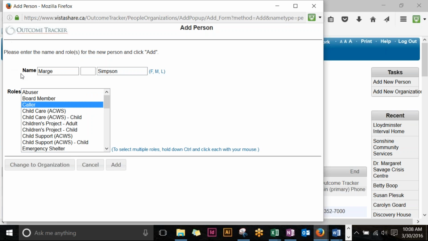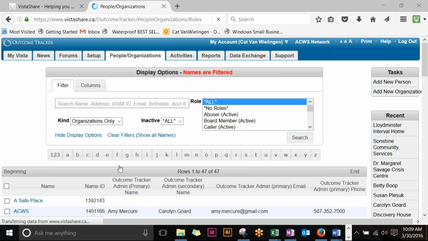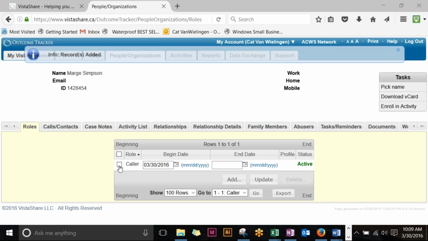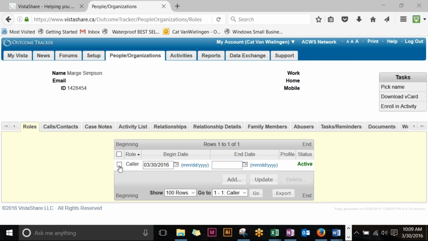Okay, so I verified the spelling of Marge Simpson's name. I'm sure that I'm adding her as the caller role, and I'm going to go ahead down here and add her record. Okay, so this is where it takes me as the default. It takes me into the Roles tab in Marge Simpson's record. And this is a great place to default to because we have to do a few things with the roles before we move on to other data entry. And one of the first things we have to do is ensure that the begin date,